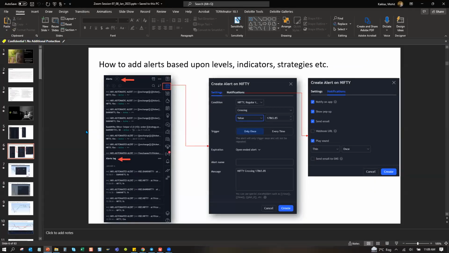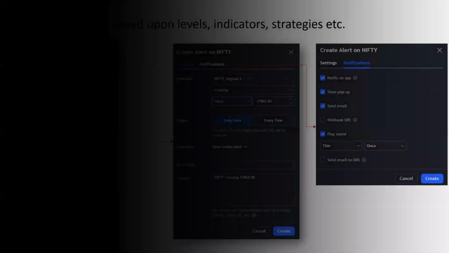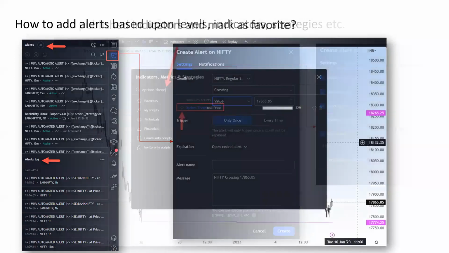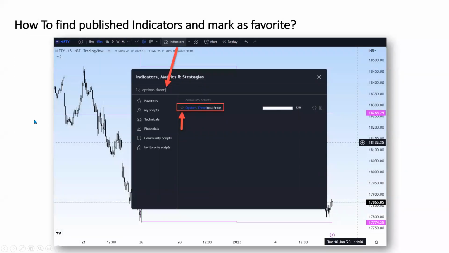Now moving on, this was about alerts. Let me go to presentation mode. Now, how to find a published indicator on TradingView and mark it as favorite. This button at the top says indicators and strategies. You click on this button and then you type whatever indicator you want.